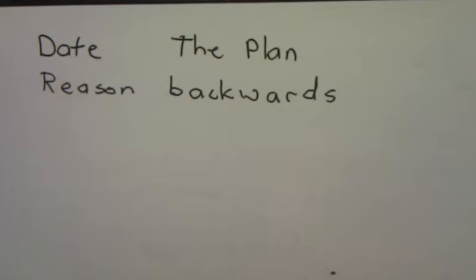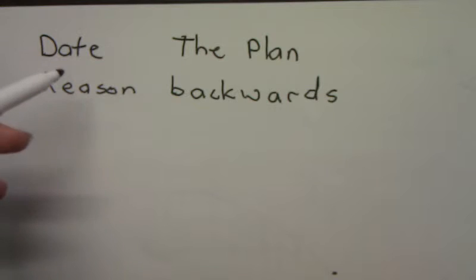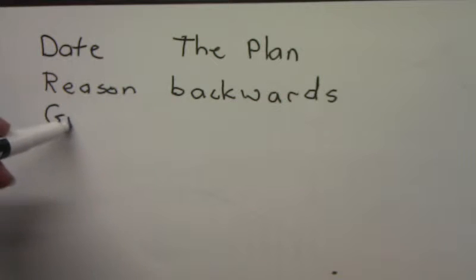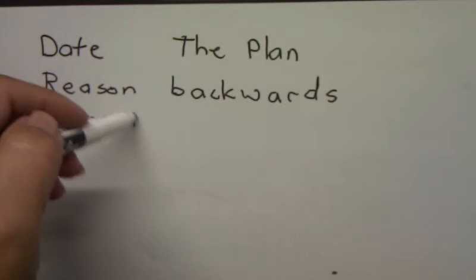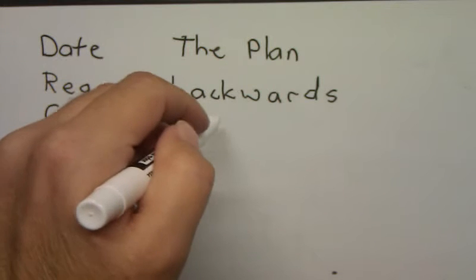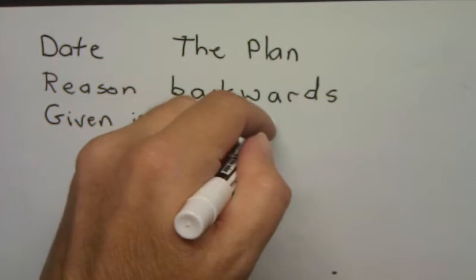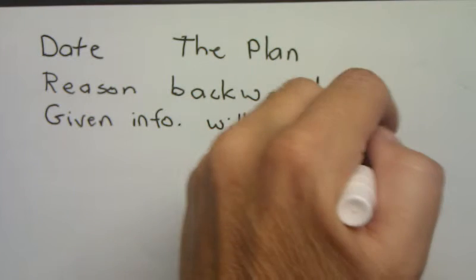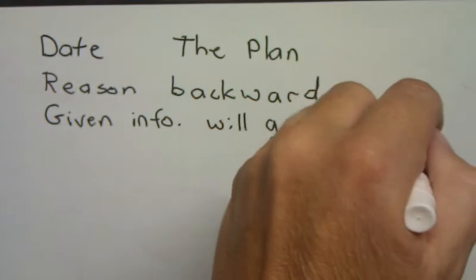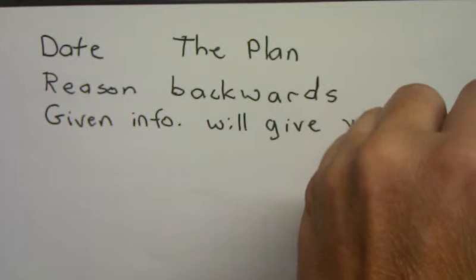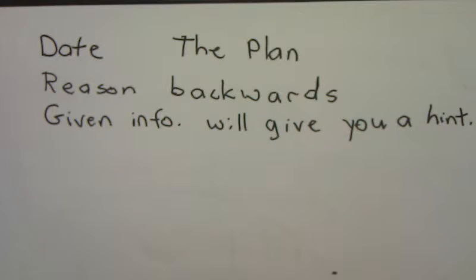Another method that will help you develop your plan is to closely look at the given information. Many times the given information will provide a hint about the direction the proof should allow. Okay? So pay attention to the given. The given info will give you a hint or a clue. For example,